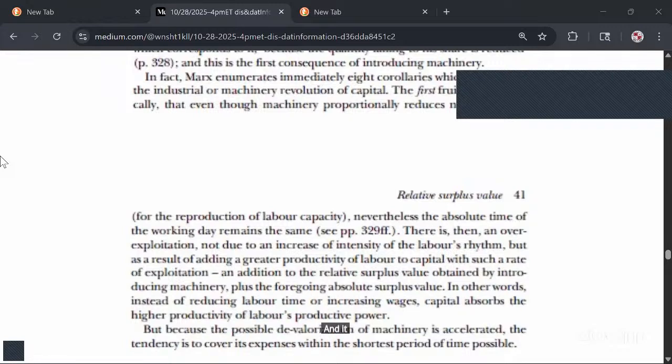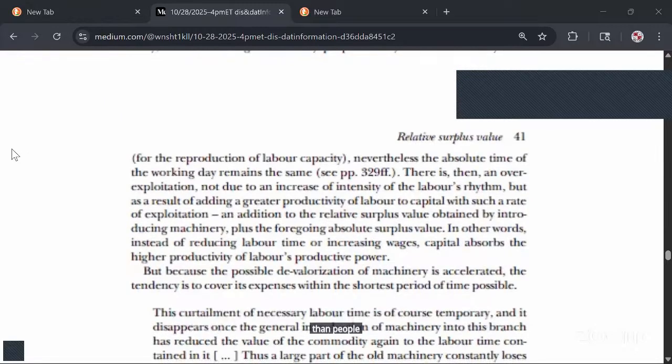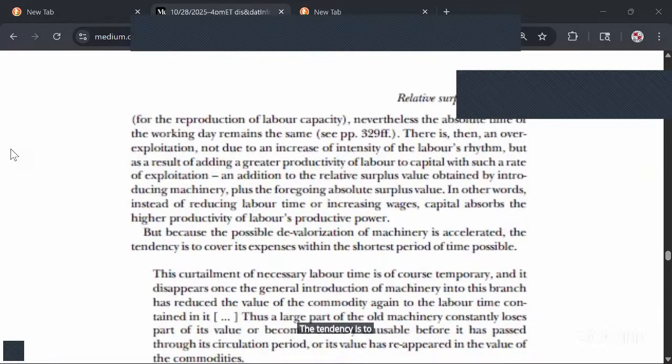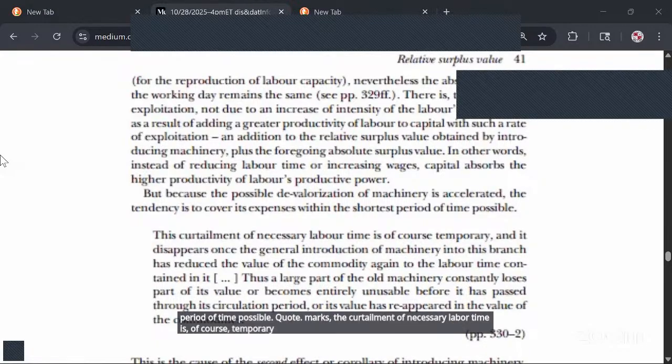And it does this in relative proportion. The machines don't tire out really. They wear, etc., but they just do it less than people. But because the possible devalorization of machinery is accelerated, the tendency is to cover its expenses within the shortest period of time possible. Quote, Marx, the curtailment of necessary labor time is, of course, temporary and disappears once the general